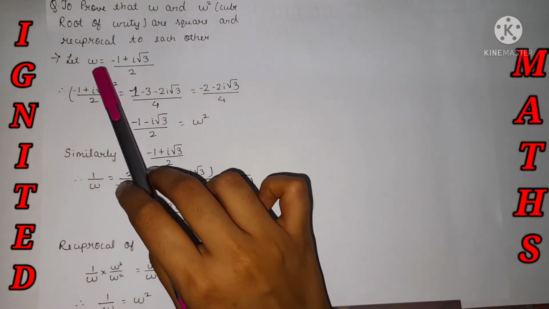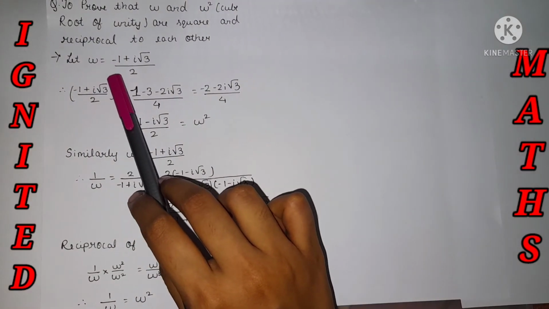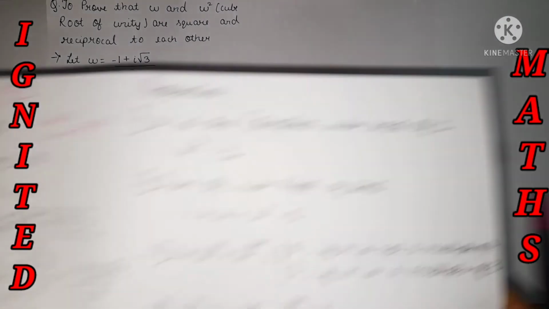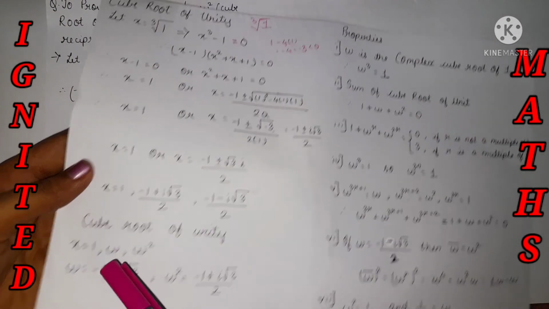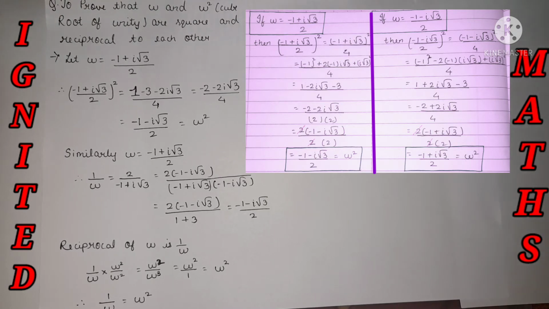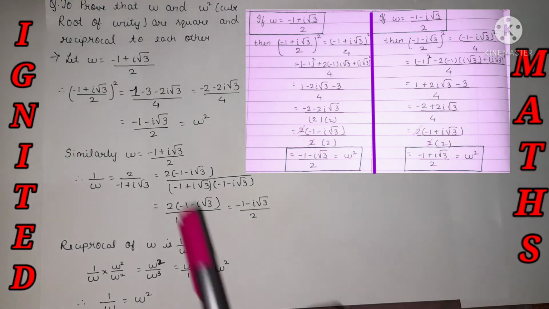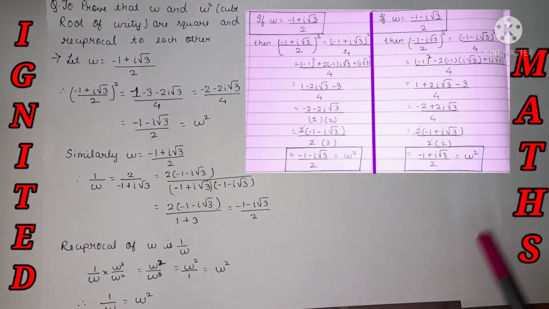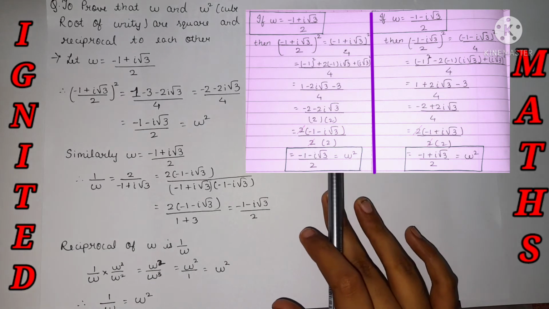Now over here, for example, I took the omega as minus 1 plus i root 3 divided by 2. As previously we took the omega as minus i, over here plus i. Then also the answer will be the same. Each and every property will be proved, plus i root 3 or minus i root 3. So you just check it, we'll be getting the same answer. If not, I'll post it on the right hand side. This is for the construction part, I have left it.